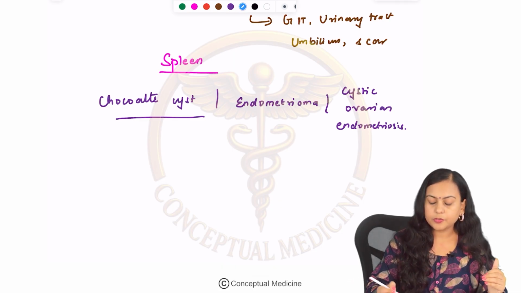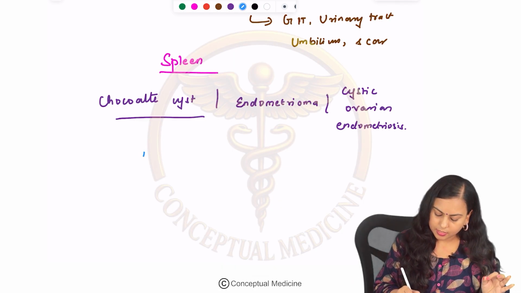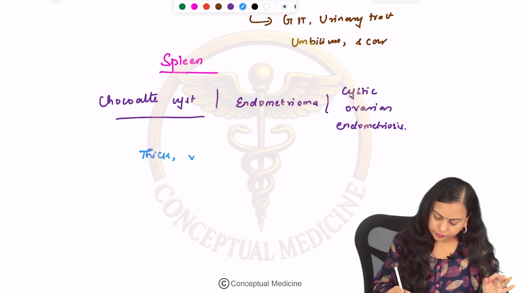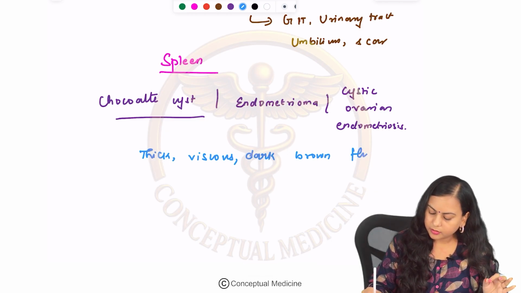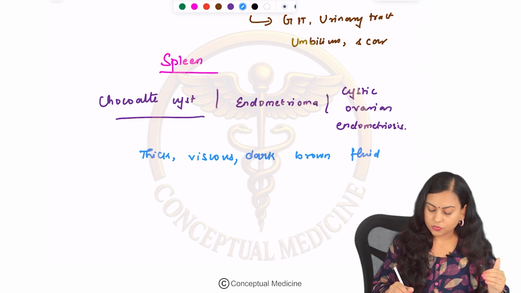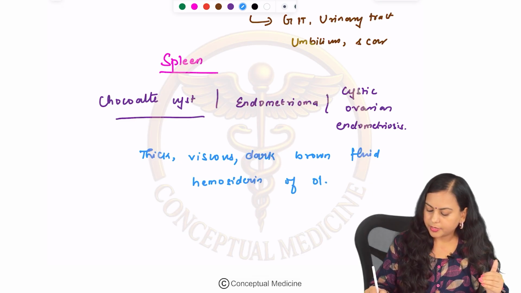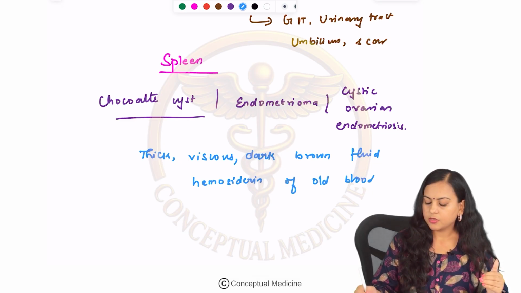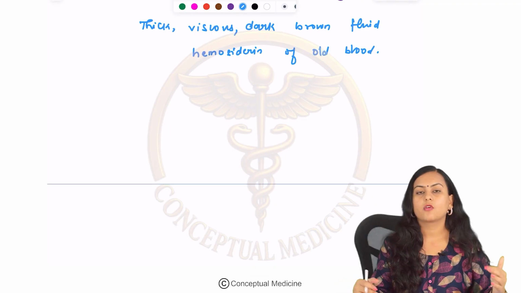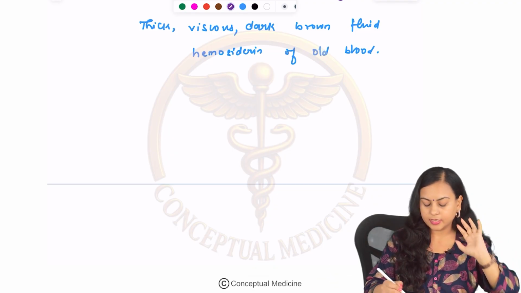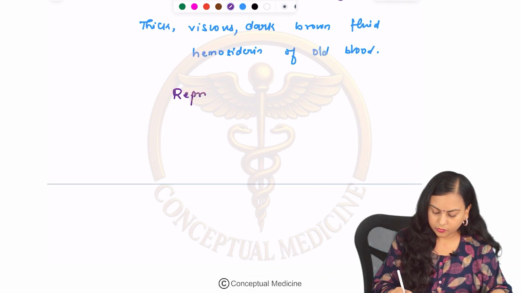So what you are able to see here, you are able to see a thick, viscous, dark brown fluid that is composed of hemosiderin of old blood, okay. Mostly endometriosis or endometrioma is seen in the reproductive age group,